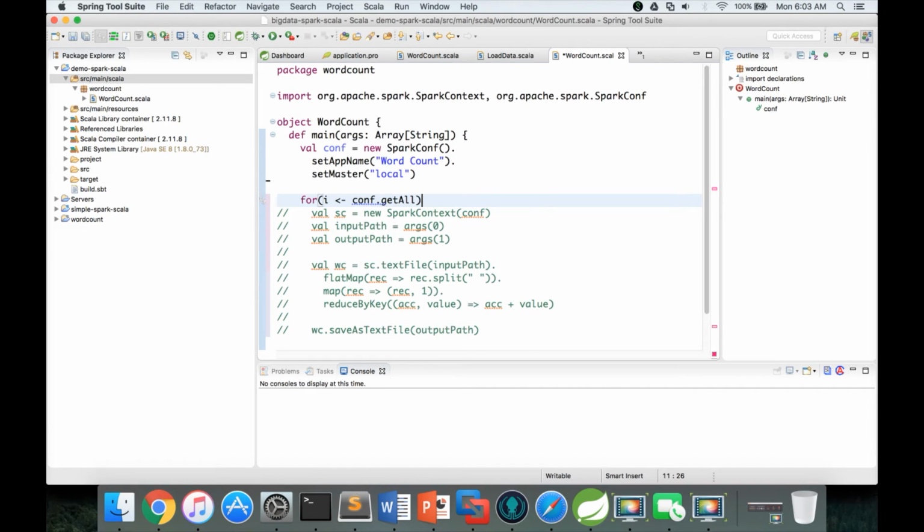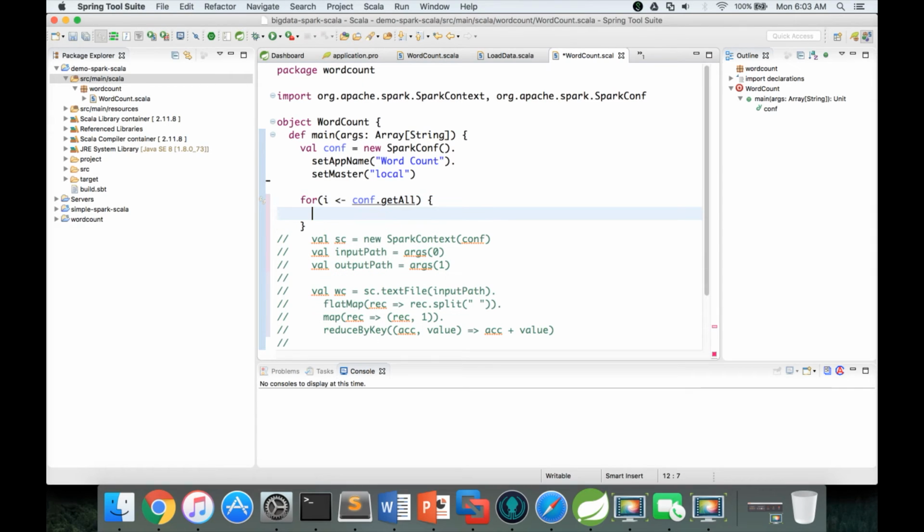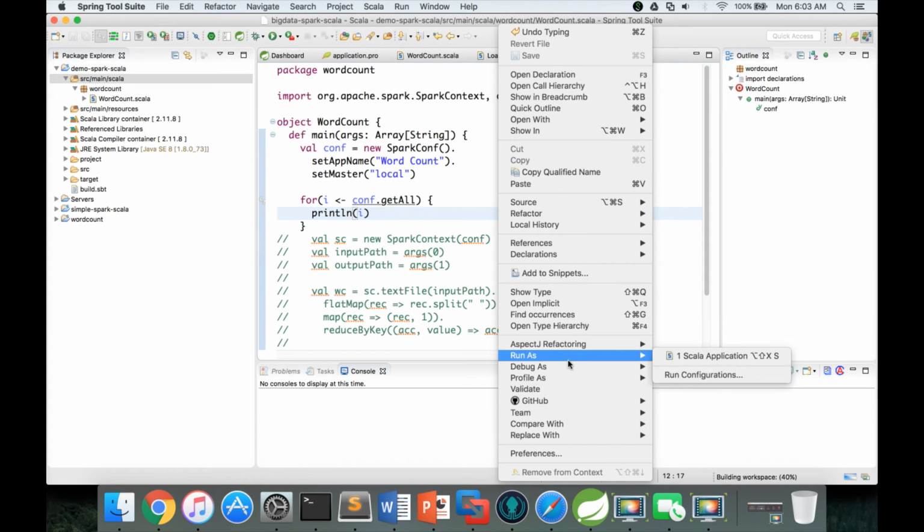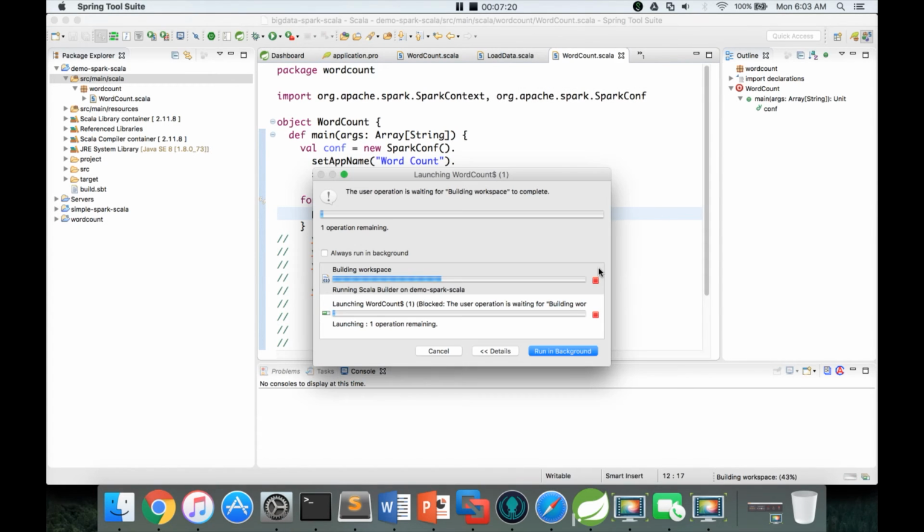It will generate tuples, one for each configuration parameter, and here we can say println, and then we can run this as a Scala application.